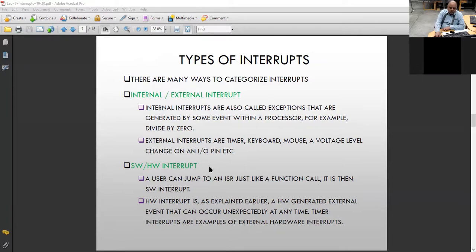Now there are always a few things that you want to do the very first time that the interrupt service routine runs. So how do you make sure that